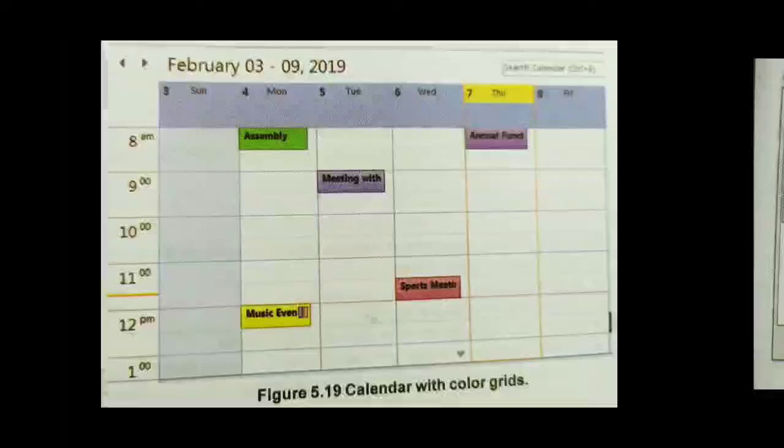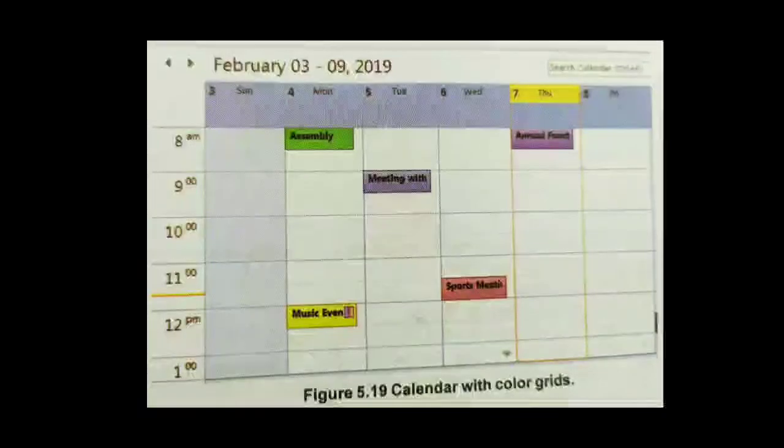Once you provide a color to your appointment, it will look like that. So see, assembly 8 a.m., meeting at 9, music event 12 p.m., sports meeting 11, like that. So you can categorize your appointments by using a specific color or different colors also.